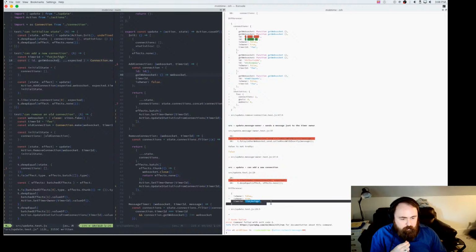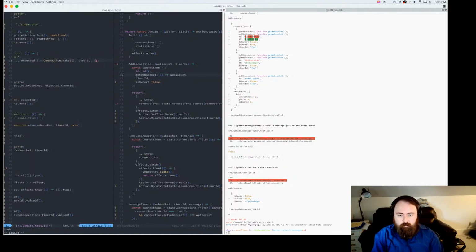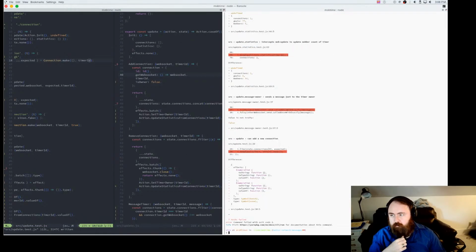Cool. And then isOwner, yeah, that makes sense. So let's get rid of that now. So we're saying by default it's not the owner, and then we figure out if it is afterwards.